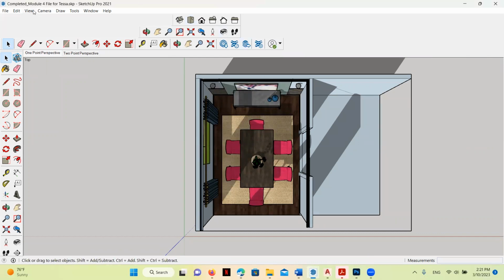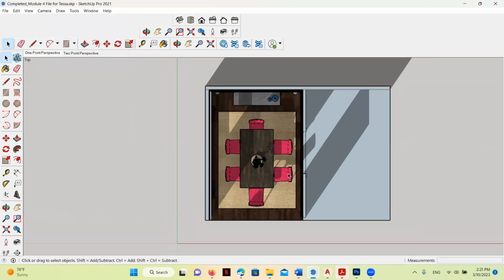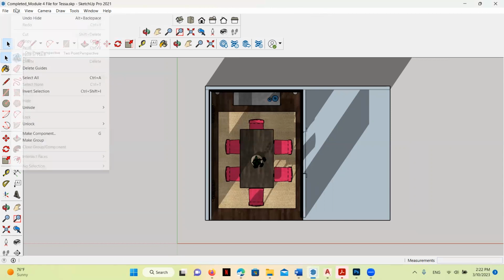And the one part that's really, really important is to go to camera and we're going to hit this parallel projection because right now it's actually in perspective and the vanishing point is kind of far beyond the floor here down underground. But what we want to do is actually hit parallel projection and look what happens. Okay, so now you can't see the window here, which is unfortunate, but you can see this opening over here. And remember, your floor plan will have lots of different rooms, so you'll be able to show a much bigger space. But for our purposes, I'm going to just export this room right now.